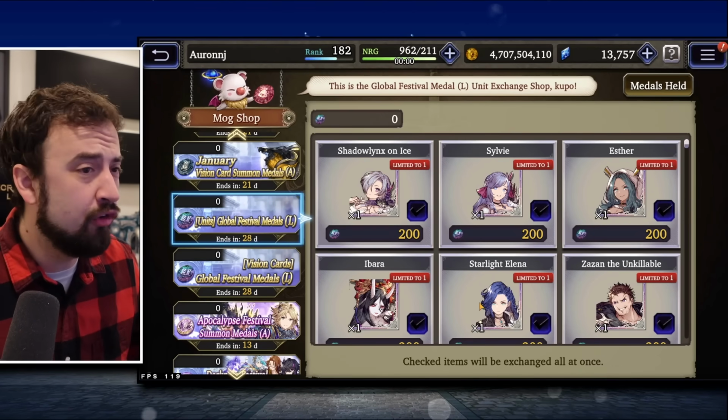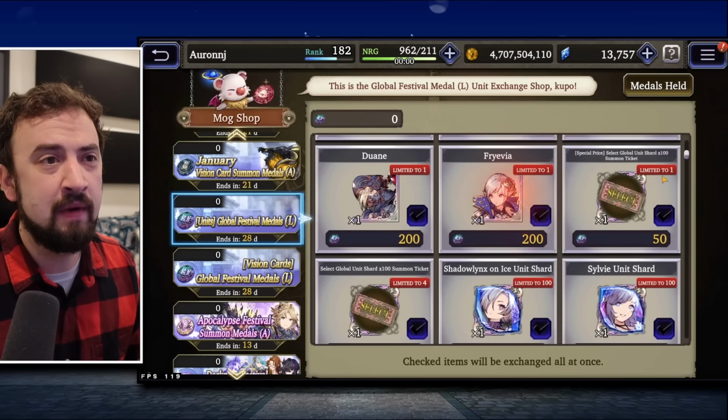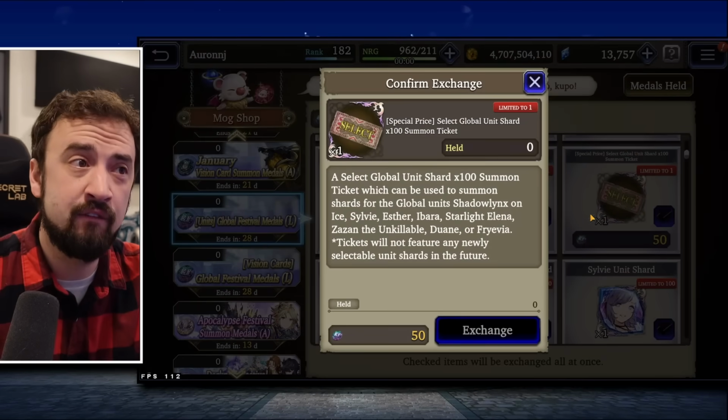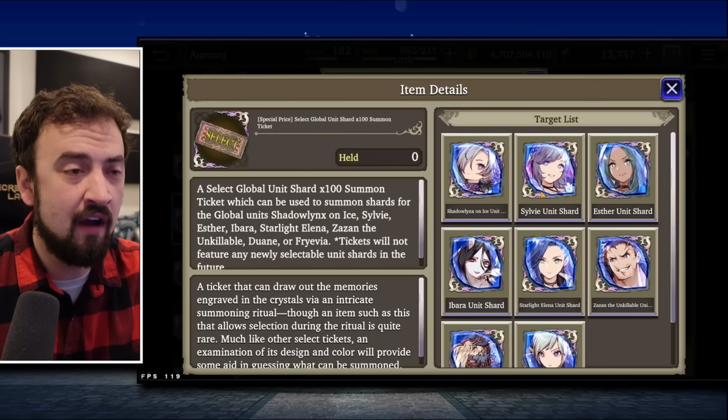You pull and pull and pull, you finally get here. You don't have to come in here and coin pity here. Take your coins for shards. Make sure you're buying this ticket first, because this ticket is select 100 shards for 50 of your medals and